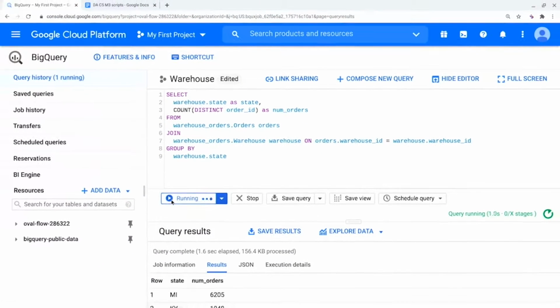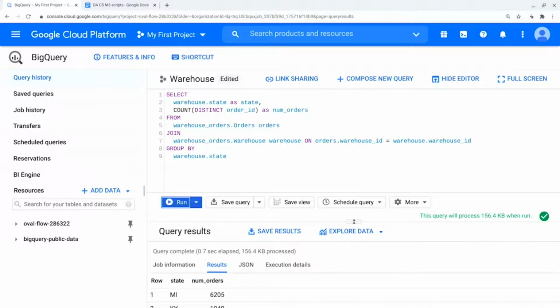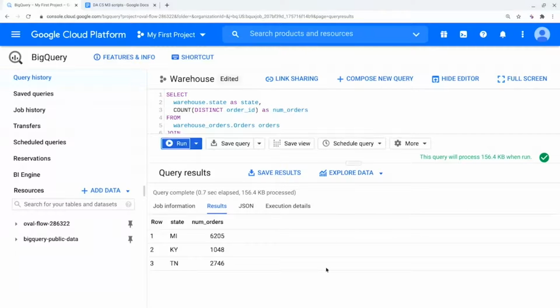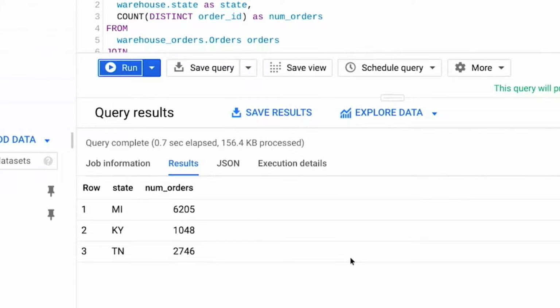And let's run it. Now we have 3 rows, one of each state represented in the orders data. And our count distinct on the number of orders sums up the count we ran earlier, 9,999. You'll find yourself using count and count distinct during every stage of the data analysis process. So understanding what these queries are and how they are different is key. Great job, and I'll see you again soon.